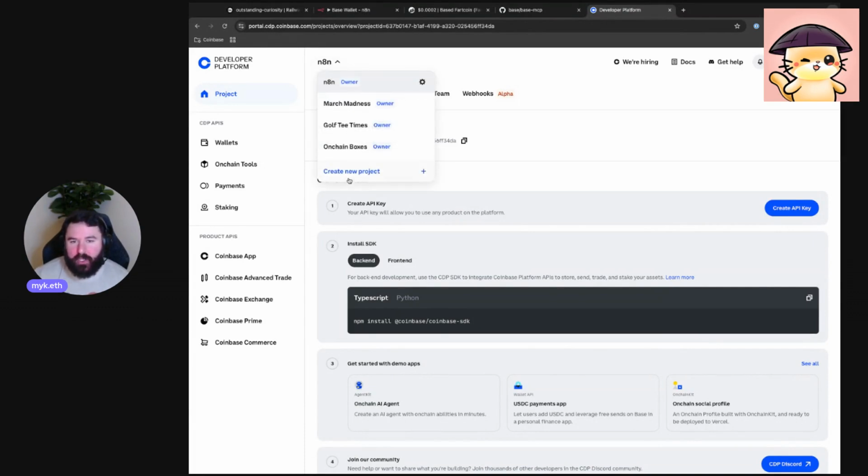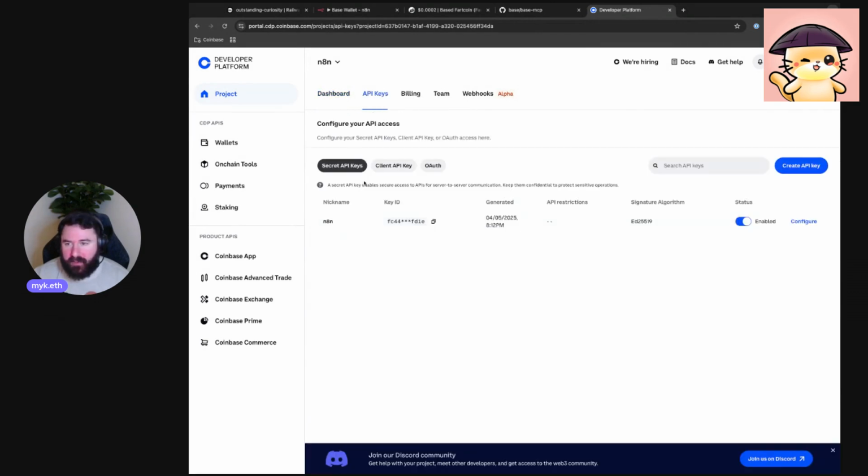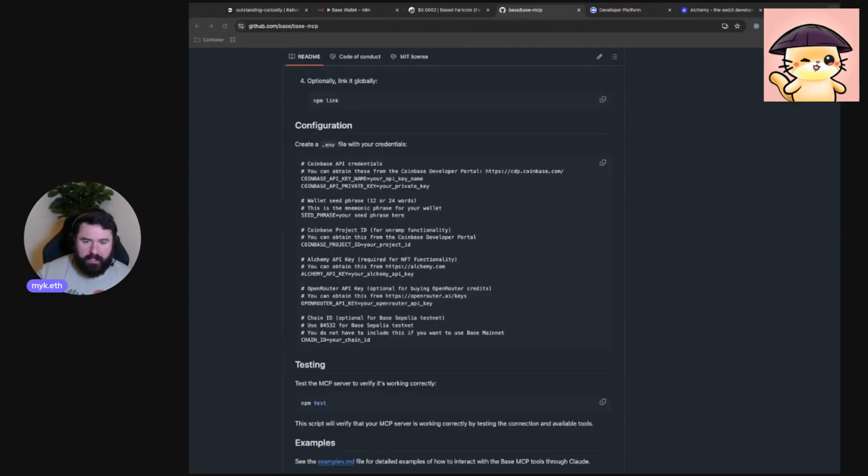portal.cdp.coinbase.com, and you're going to want to create a new project and give it a name. I already did that. I have a project ID, which is what you're going to need. You're also going to need an API key. So you're going to want to get a secret key by clicking create API key and saving that information. But let's continue getting the rest of the keys that we need before we go back to Railway to plug